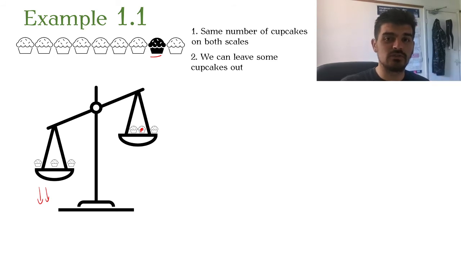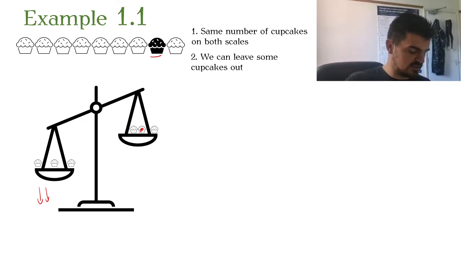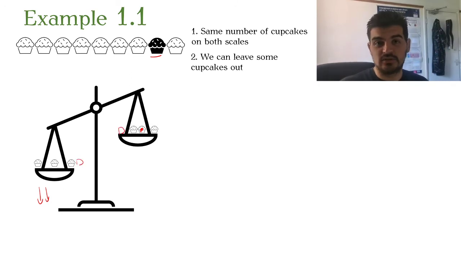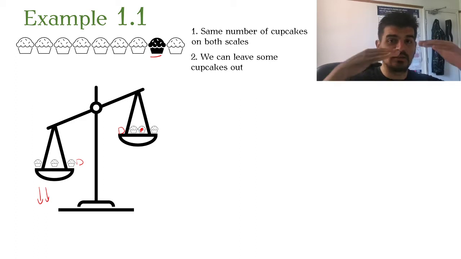Okay, now we have to think, what is the optimal number of cupcakes to put on each scale in the first measurement? Well, let's think about it. If you put 4 cupcakes on both sides, right? So let's just sort of draw this. Let's add 1 to each side. If you put 4 cupcakes on each side, then what happens is, if we're lucky and they balance out, we